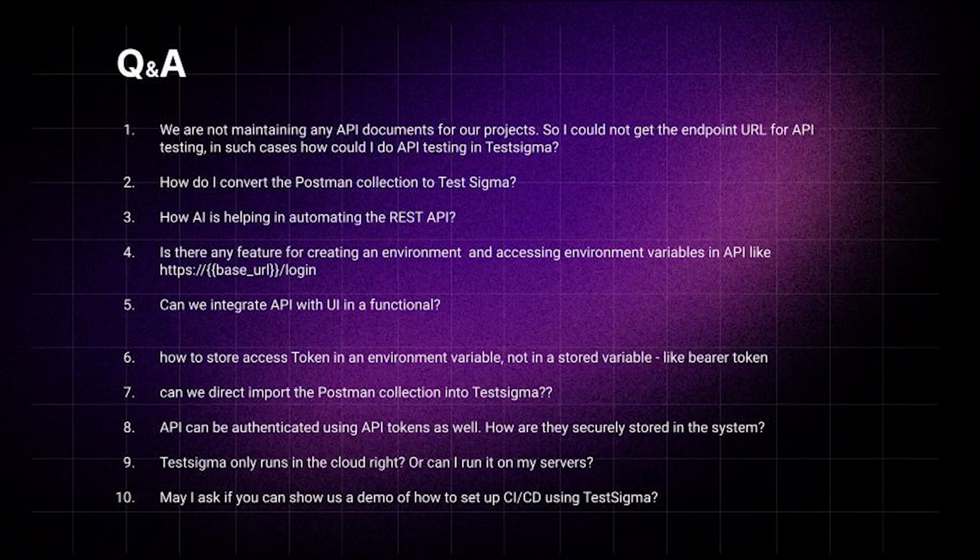How to store an access token in an environment variable and not in a stored variable? Pratik, what do you mean that you want to store the access token in an environment variable? Generally, it's created dynamically, right? And although it is like a bearer token, for that you have an authentication API which generates your bearer token and then you pass it into your next API request. But still, if you want to store it in an environment variable, you just go to environments